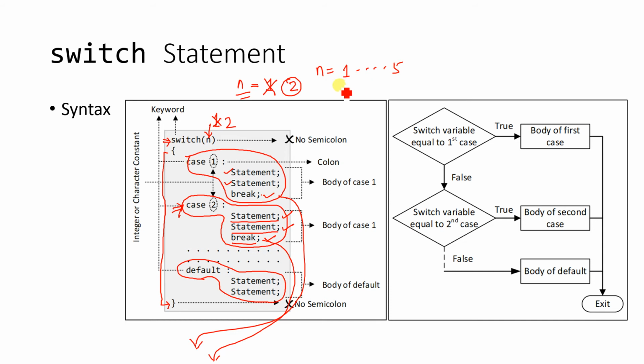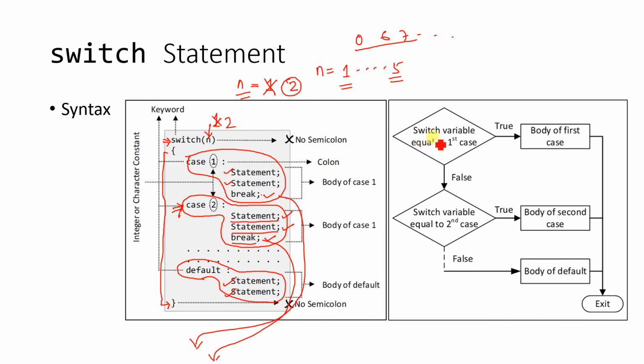So if somebody has not given a number between 1 to 5, he may put 0 or any number above 5, that means 6, 7 or whatever that may be. So no case gets satisfied. When the control sees that the numbers given are 0, 6 or 7, and no case gets satisfied, at that moment the statements present inside the default case get executed. Okay, so this is how things are written in a switch statement.